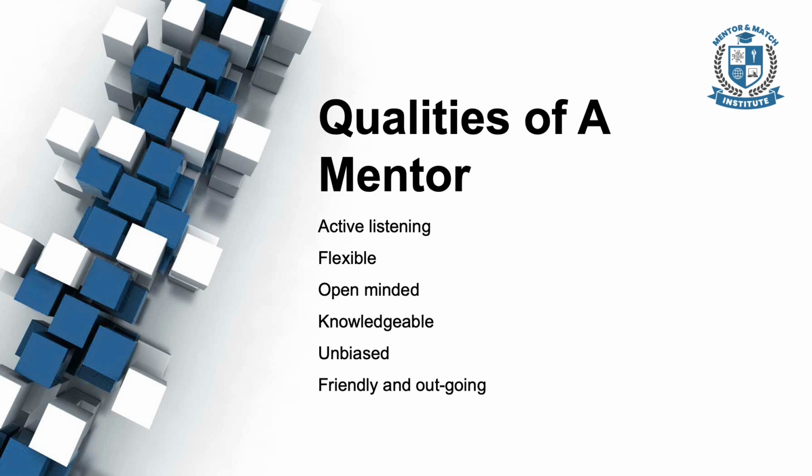Knowledge about the concerned industry is a must for a mentor. The mentee needs this the most when they agree to get into a mentorship. Neutrality is expected when it comes to group mentorship programs. You might have noticed that the word mentee is used a lot in this course, though it's not actively in use. The alternative word, protégé, implies favoritism, but it's all right if you have a preference for either of the words. Favoritism is undesirable in any setting, and it should be avoided in a mentorship too. Friendliness and an outgoing quality make the mentor more approachable. The mentee feels more inclined to communicate with you, and it works wonders on the mentorship.